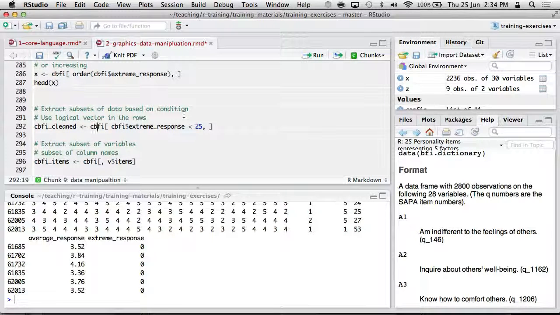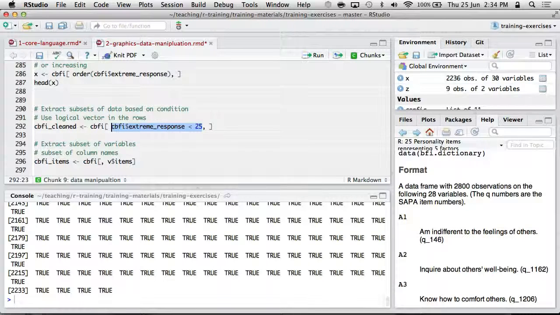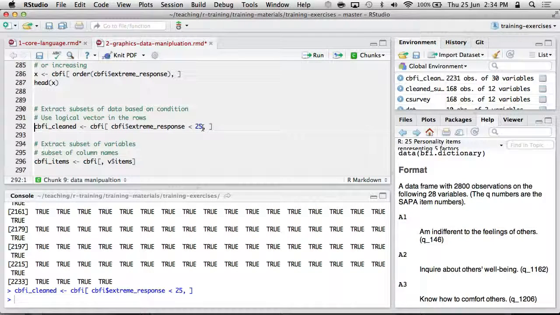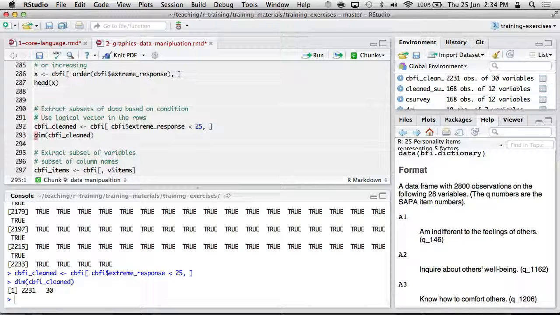Talked a little bit earlier on about extracting subsets of data using logical operators in the row selector space. So maybe you wanted to get rid of the people who had 25 or more extreme responses. So we've got a logical selector here, whether that extreme response is less than 25. We put that in the row space for selecting cases, and there we go. We've removed some, so we see that we've got 2231 cases,